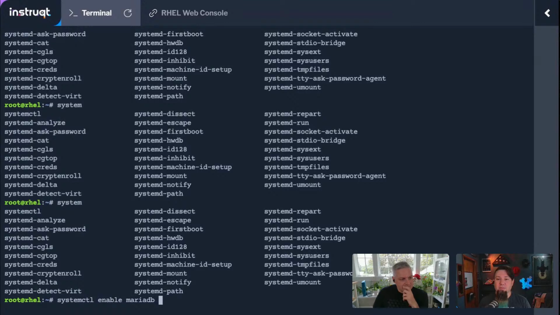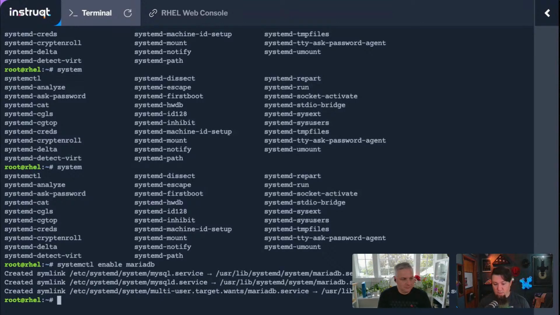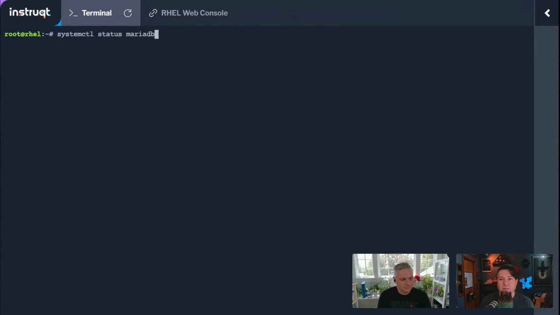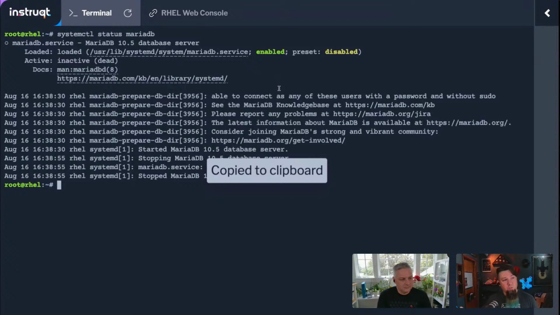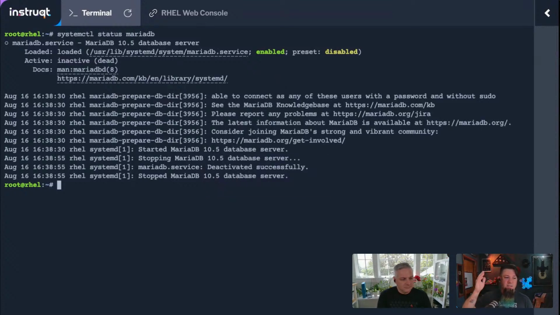MariaDB. Now is the extra thing that I wanted to show you. Don't just enable it, because if I just did systemctl enable MariaDB, and then if I do the status again, notice it's still inactive, but it's enabled, which means if I were to reboot the server, it'll come up when I boot it, but it doesn't start it when I run the command. So now I would have to do a systemctl start, which means I have to do two commands. Now let me just